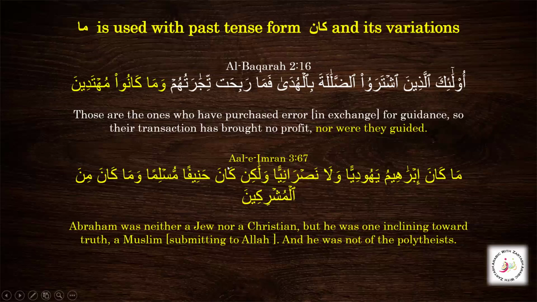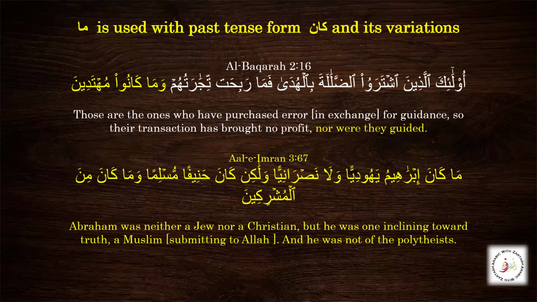You can see the khabar awal and khabar sani, hanifan musliman. So he was inclining towards truth and he was a Muslim, submitting Muslim. So we have this Hanifan is khabar kana mansub bil fatha. Again, we can take this as khabar sani, and it is also mansub bil fatha. So this whole structure, again, we did the I'rab, Alhamdulillah: Kana, Hanifan, Musliman. Again, we have Isim Kana and Khabru Kana, and this whole Jumla is Jumla Ismiya.